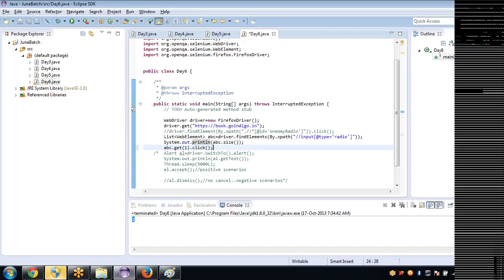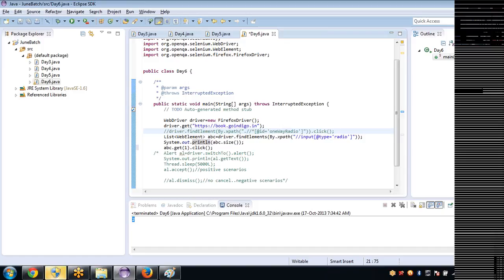Yeah, you need some practice for it. It's very simple, but you need to put your hands on it. There's a little logic here. The way the question will be asked to you is, there are 4 radio buttons or 4 edit fields in the page. I want to click on the third radio button, but for all the 4 radio buttons I have the common property.